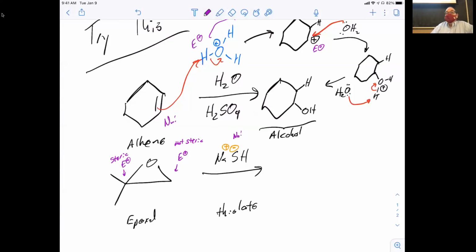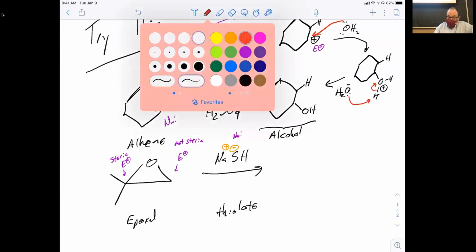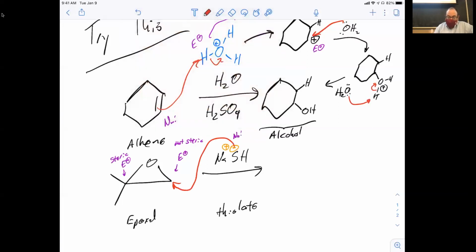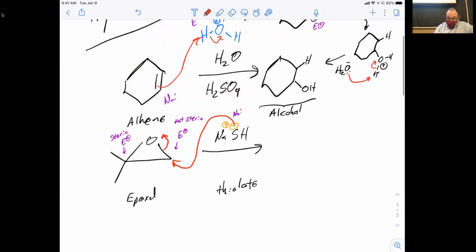Sulfur nucleophiles in general are good nucleophiles. And what about negative things? Do negative things want to give away their electrons? Hell yes, right? So therefore, they're going to be better nucleophiles than non-charged species. So in that case, I know that since this wants to react, I don't have to protonate that epoxide. It's going to react. And what I have here is a base promoted